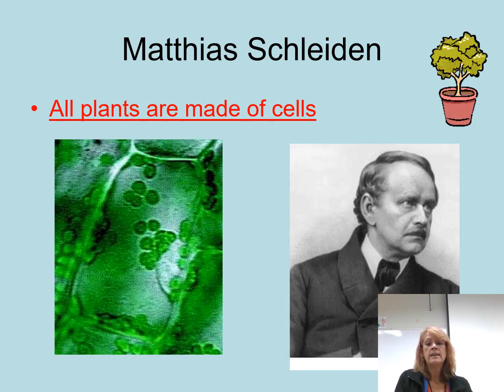Now, you and I, we've known our whole lives that plants were made of cells. Ever since we were little, we've known what a cell was. But you have to remember when these gentlemen were alive, the microscopes were getting better, and this whole idea of science and studying science was brand new. And this gentleman, Matthias Schleiden, is the first gentleman that we give credit to with saying that all plants are made of cells. He has very detailed writing where he studied all these different types of plants, and he discovered they all had the same